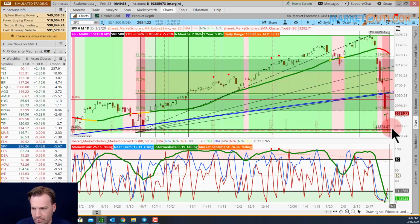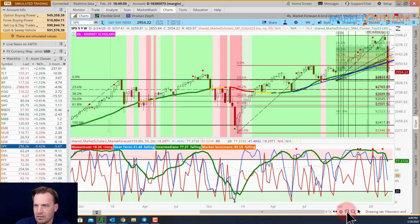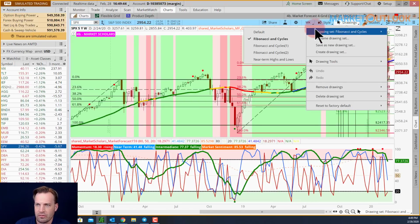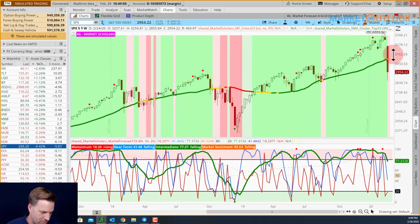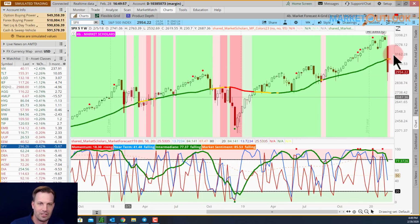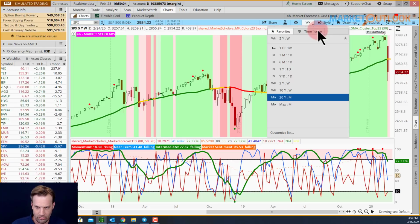The short-term sentiment bounced with a little bit of a long lower shadow on the weekly chart. There we go, just a little bit of one, but not very much of one. Obviously, yellow line and light pink shading, and that's typically a bullish pattern, right? Now, granted, these were market sentiment pullbacks where you got dark pink shading. But yellow line, and if you go back further,